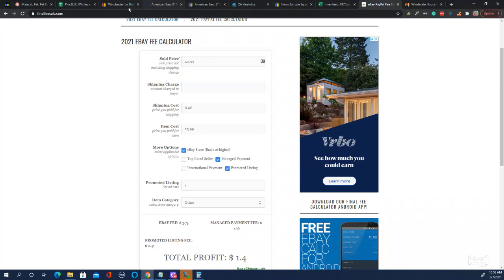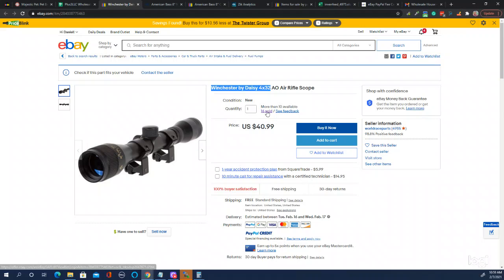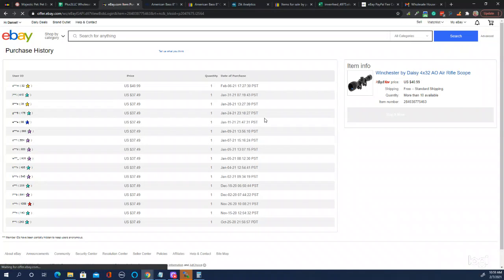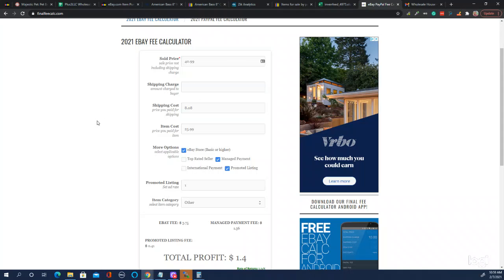which is still not bad. Looking at the sales history of the item, it sells at least once a month. In January, it sold a lot, 11 times. So it's actually a very good item. It's not a bad item. So I would add this item to the sheet